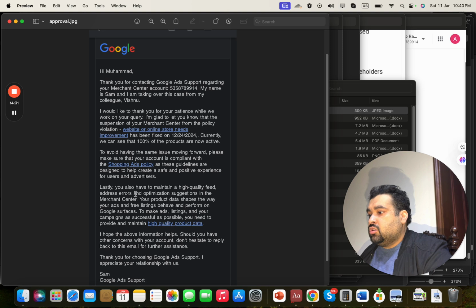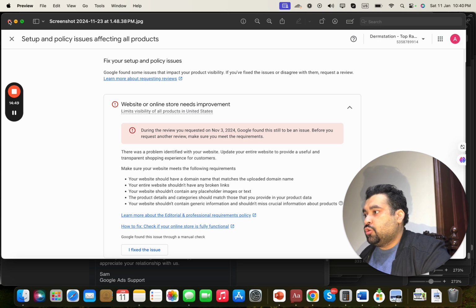Lastly, you also have to maintain a high quality feed, and address errors and optimization suggestions in the Merchant Center. Your product data shapes the way your ads and listings look, behave, and perform on Google services. To make ads, listings, and your campaigns as successful as possible, you may need to provide and maintain high quality product data. And you can see over here, if you scroll, now I'm going to show you on the website